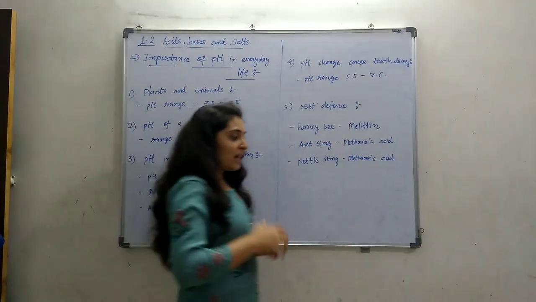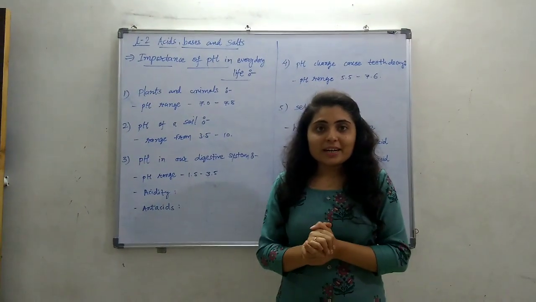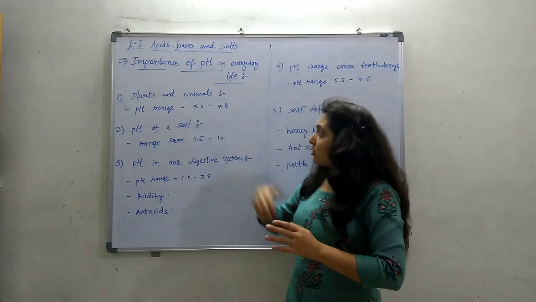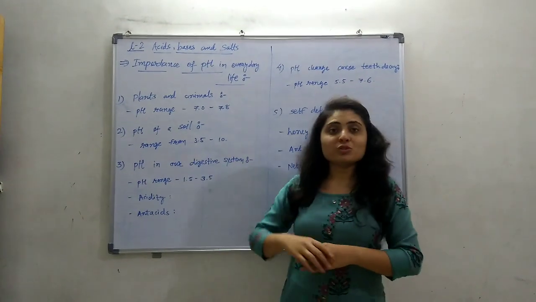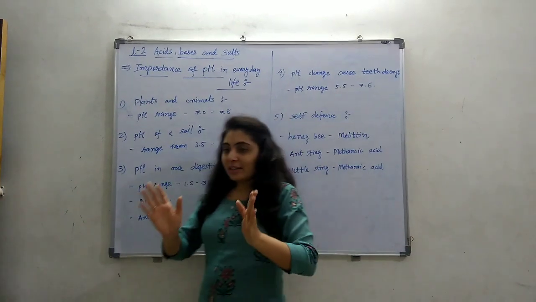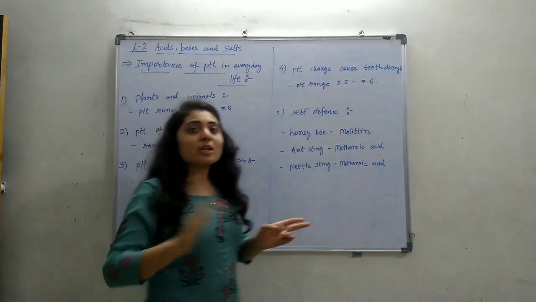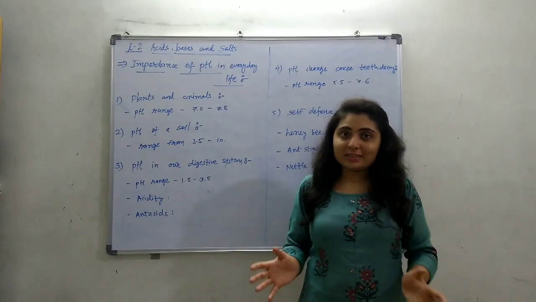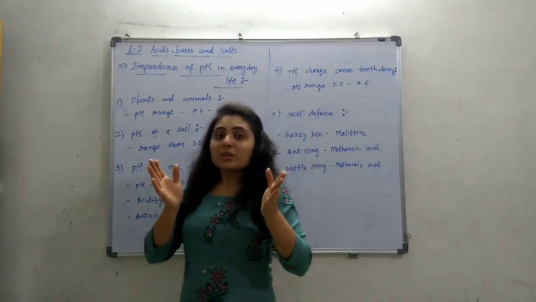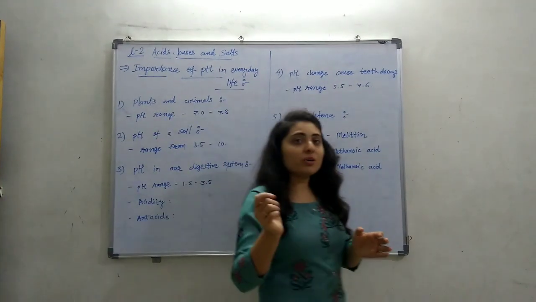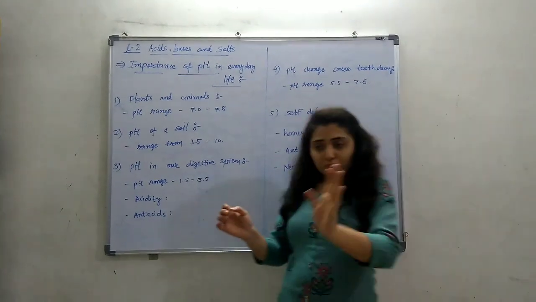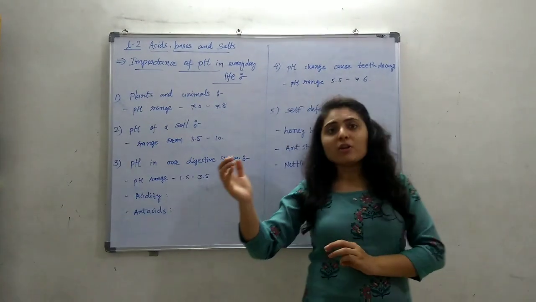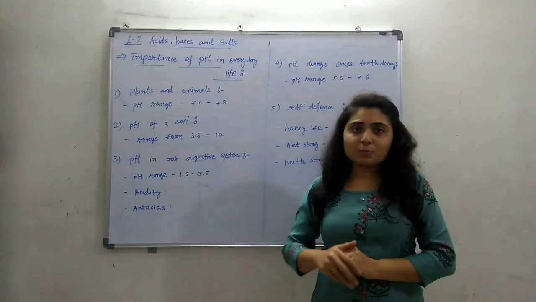See, first one, plants and animals. The survival of plants and animals is within a certain range of pH. That is, the pH range of survival of plants and animals is 7 to 7.8. So plants and animals are adapted to this pH value. If the pH value changes from this, then it damages or harms the plants and animals. Like for aquatic animals, the pH value of river water is around 5.6 to 6. Aquatic plants and animals can survive up to 5.6 to 6 pH value.